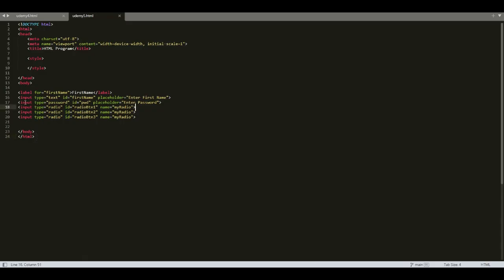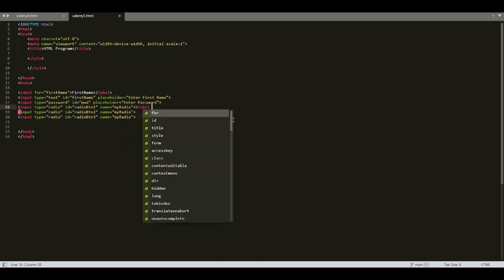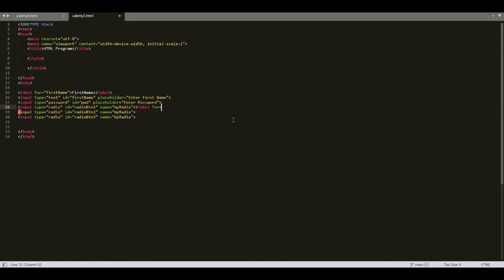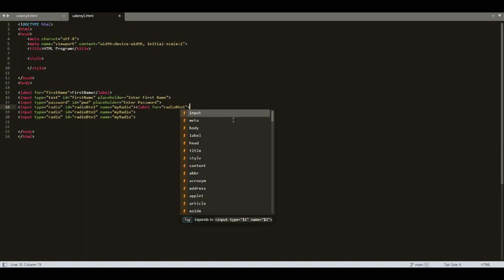We'll see that. See here, next to each radio button, I'm going to use the label tag, label. So for is equal to, what is the ID of this radio button? Radio button 1. So I am associating the first radio button with this first label by using this for attribute. Radio button 1 and name is, so I'll give T,